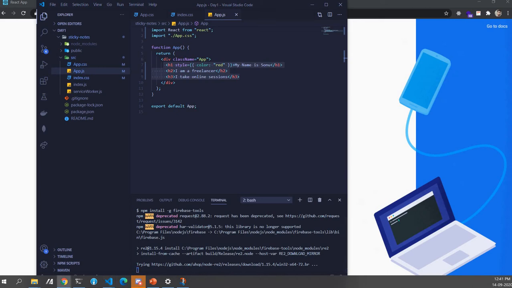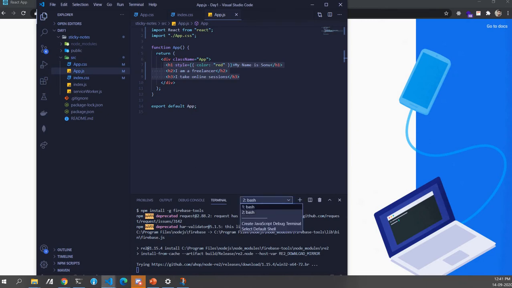Why do you want a new terminal always? Because we want the app to be running on the previous one. So Rahul asked a question, why do you want to use a new terminal always?